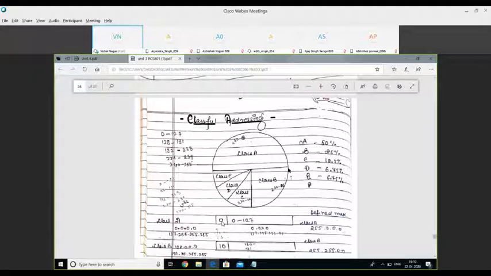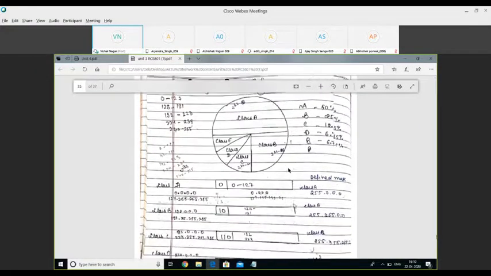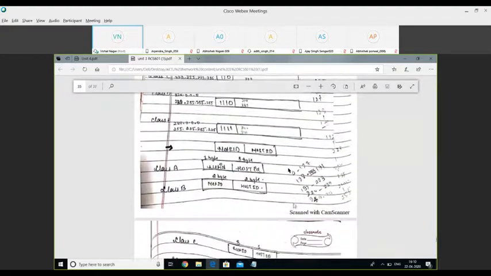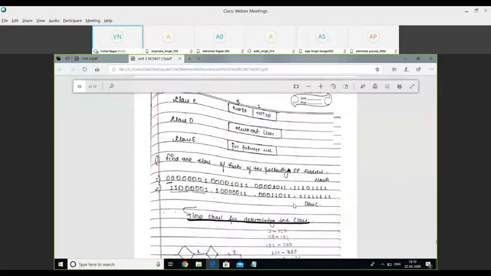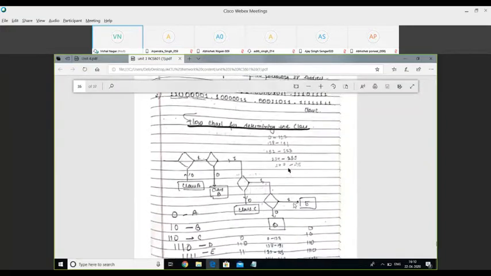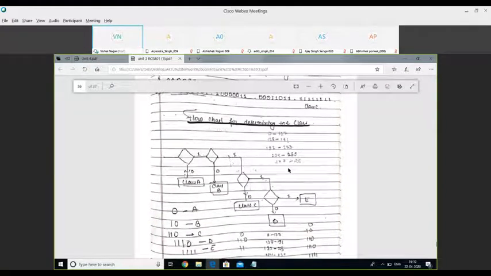You may remember we discussed a flow chart to find out the class of the IP address. If the first bit is 0, it is class A. If it is 1, then we check the second bit. If it is 0, that means the combination is 1 0, it is class B. If it is not 0, that means it is 1, so the sequence is 1 1.